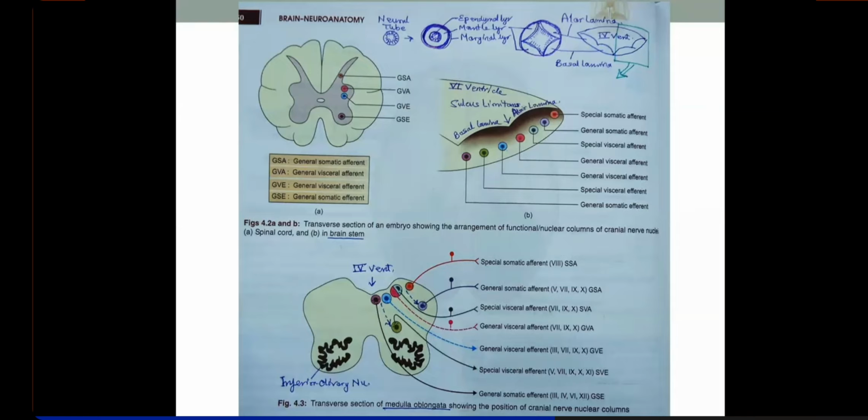Then you have the GIT, right? Muscular peristaltic waves, like respiration, then heartbeats, contraction of the muscles of the heart, all things, bladder, micturition, defecation, all these involuntary smooth muscle actions and cardiac muscle actions will be controlled by which functional column? General visceral efferent. Clear? Which was adjacent or medial to the sulcus limitans. So the next functional column is this. And imagine what cranial nerves it will be supplying. This functional column, general visceral efferent, will supply.